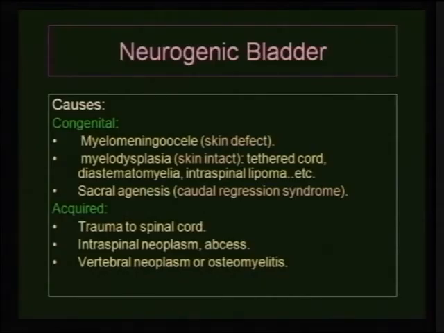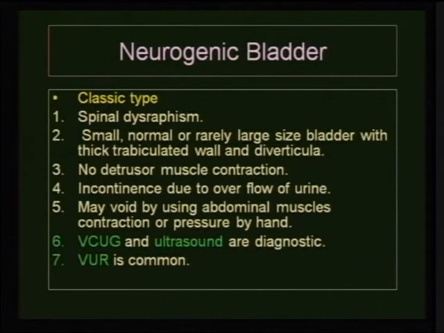Neurogenic bladder, congenital due to myelomeningocele, myelodysplasia, diastomatomyelia, or sacral agenesis, or could be acquired due to trauma or tumor within the spinal cord. Classic picture, we see in the plain film that there is dystrophism of the vertebrae, and those neurogenic bladder, usually